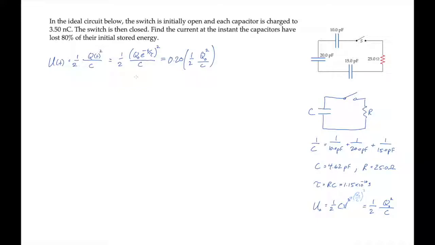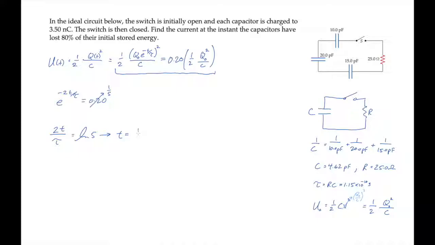And now if we look at this last equality, cancel all the common terms, we find that the time for this to be true is met by this expression, e to the minus 2t over tau equals 0.20. It's convenient to write that as 1/5, so that when we take the natural log of both sides to eliminate the exponential and use the negative sign to invert the argument, we get this expression, which can be solved for